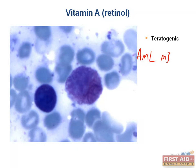Unfortunately, you really have to watch out for vitamin A during pregnancy, since its role in expression of differentiation genes, such as the Hox genes that you'll learn about in the reproductive chapter, make it a teratogen. This is why you need a negative pregnancy test and a discussion about contraception before prescribing any vitamin A-based medications,